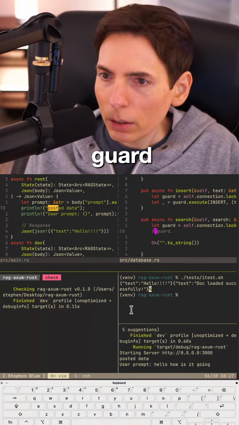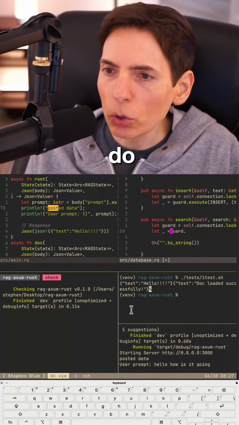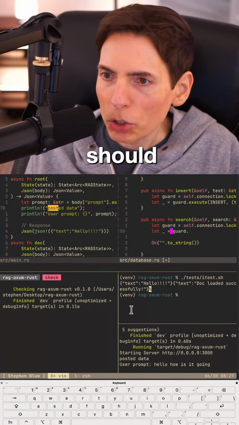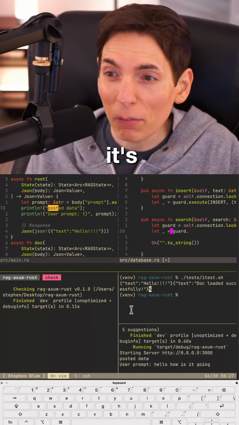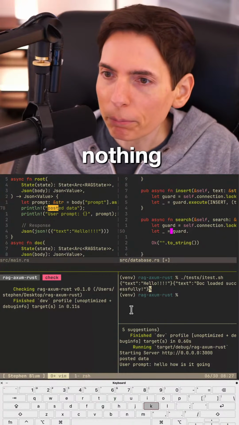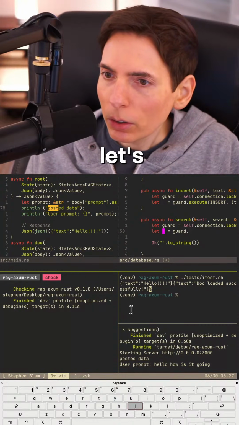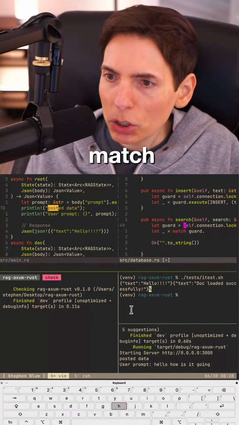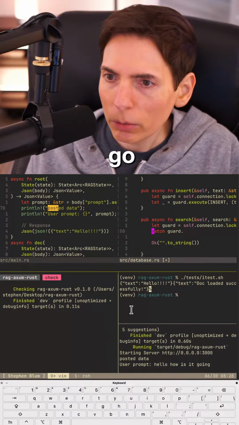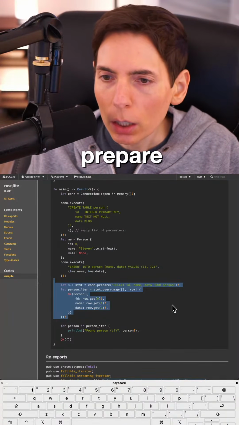Guard. Let's see. Let underscore equals. What we should do is match on this. We should match because if it fails, then we can return nothing, right? We can return nothing. See, which is fine. Let's do a match. Match. We'll just return it. Here we go. Match guard dot prepare,